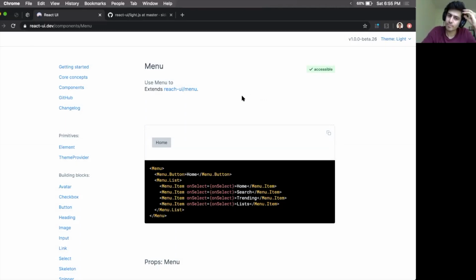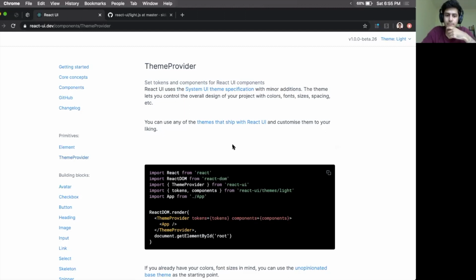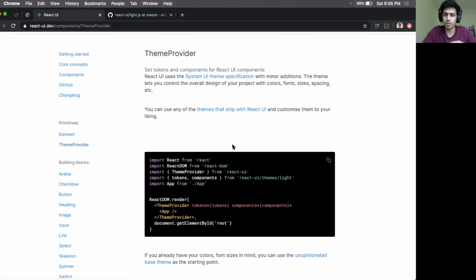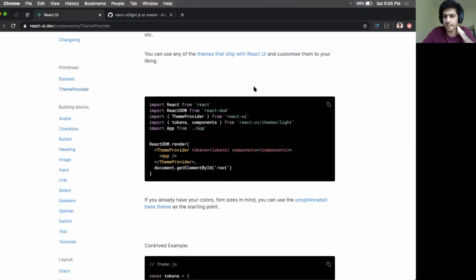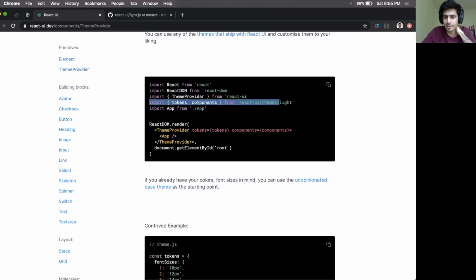Okay. So the users can specify more than two themes, let's say light, dark, and bold contrast kind of thing. That's also possible, right? Yeah. To go back to the token and components concept, both of these light and dark themes are basically exposing both of those things. They're exposing their tokens and their component styles, which you pass to your theme provider. So you don't have to use the default themes. You can create your own tokens and component styles.